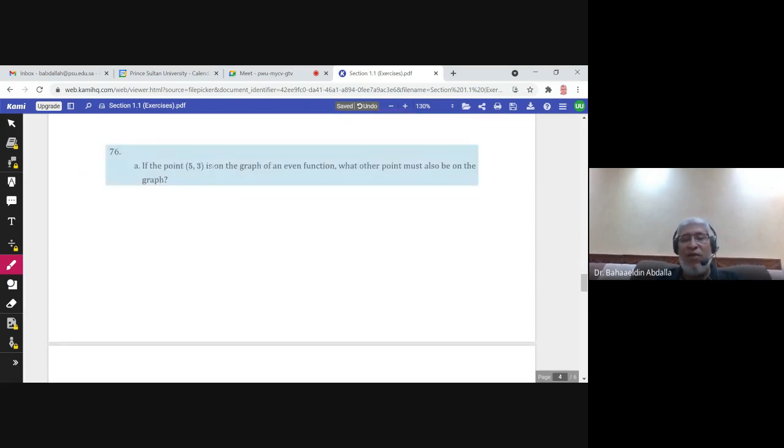If the point 5,3 is on the graph of an even function, so this function is even. If you remember, the graph of an even function is symmetric about the y-axis. So if you know one point on the graph, 5 and 3, 1, 2, 3, 4, 5, 1, 2, 3, this is the point 5 and 3. The question: what other point must also be on the graph? If the graph is even, then it is symmetric about the y-axis. So we have to go